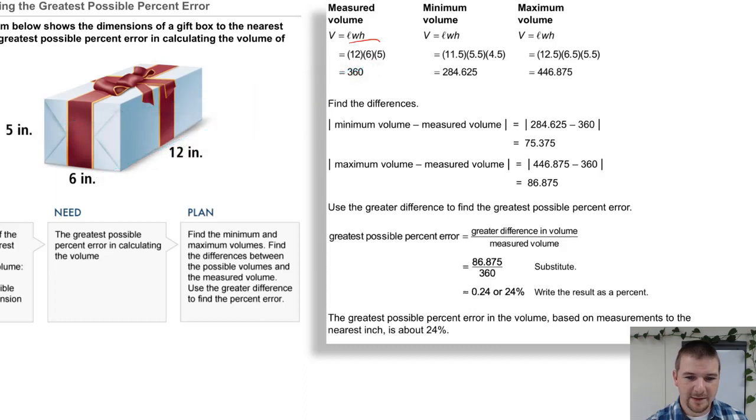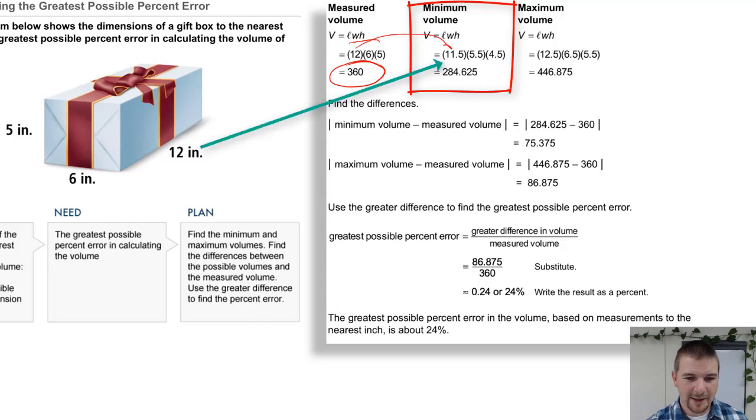Volume is length times width times height, so 360 cubic inches. The minimum volume, well, perhaps this 12 inches, since we were rounding to the nearest whole inch, was actually 11.5. That's the smallest possible size it could actually be and have us still arrive at a measurement of 12. So 11.5. We do something similar here with 6, with the minimum being 5.5, and 5 and 4.5, but we multiply all three of those together and we get